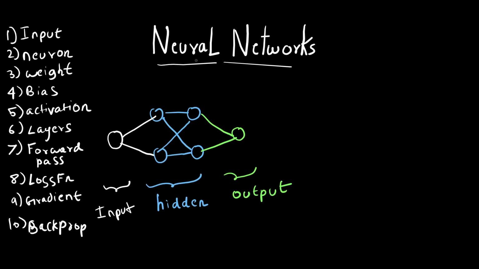Let's learn about neural networks. So a neural network is nothing but a network of neurons. This is loosely inspired by neurons in the human brain. Mathematically, a neural network is nothing but a system of functions